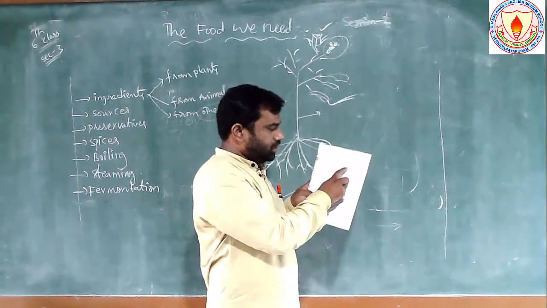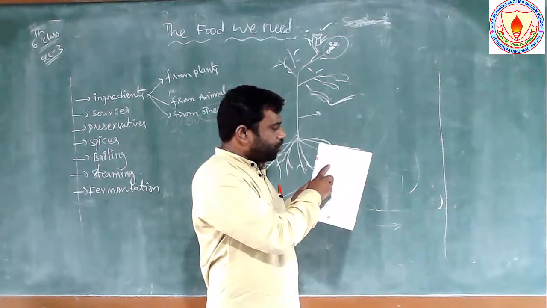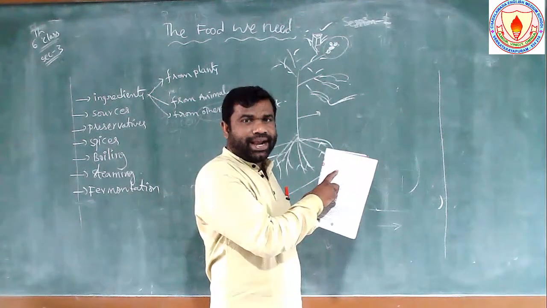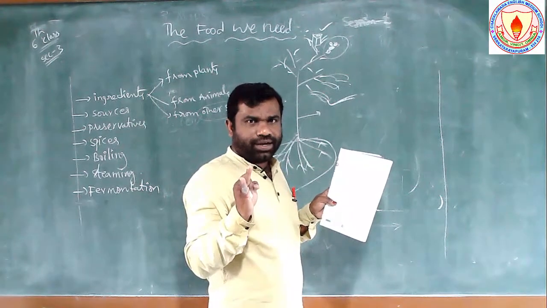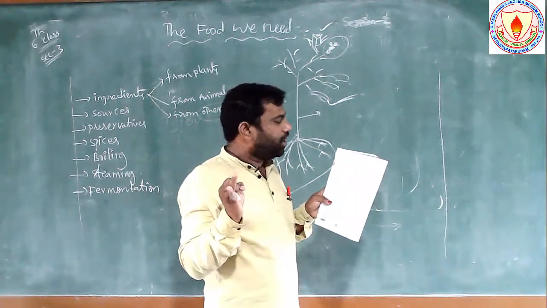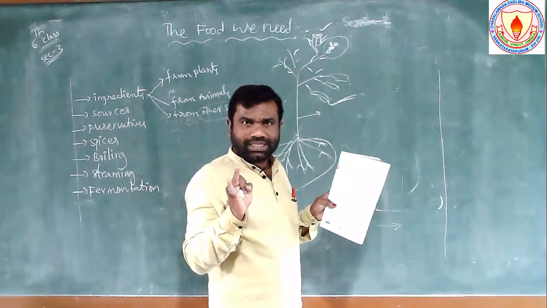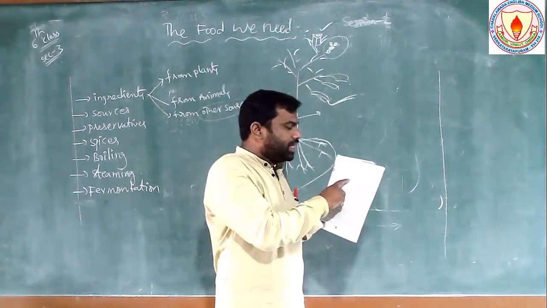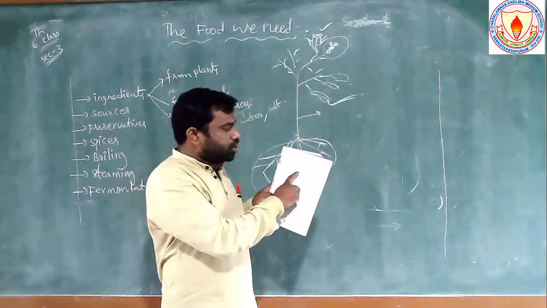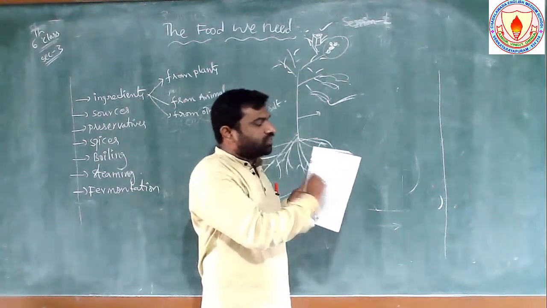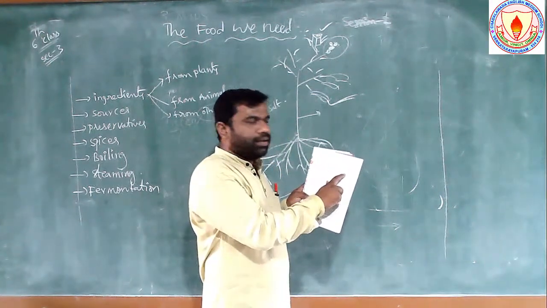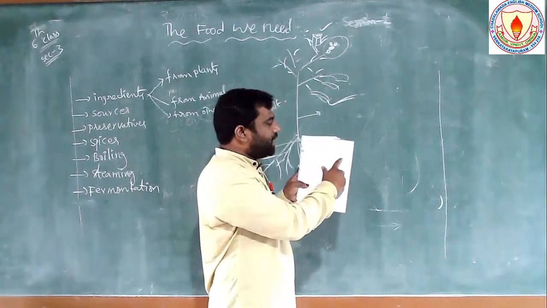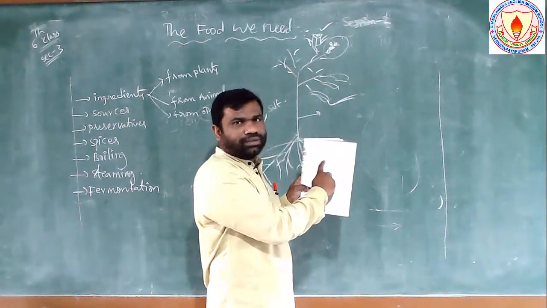What sources are given? See, first one, cooked rice. What do we need? Raw rice and water we need to make the food material of cooked rice. Yes or no? What are the sources? Raw rice and water. Raw rice is the source from the plant. Yes, we know that. So plant is given. Next, water.